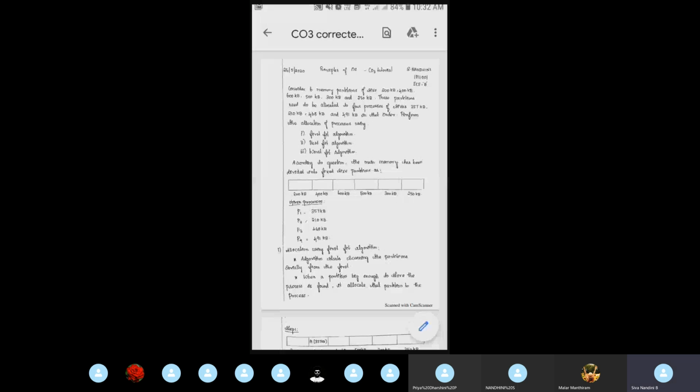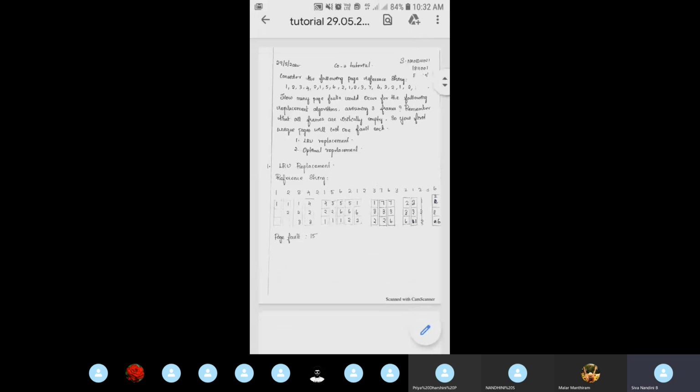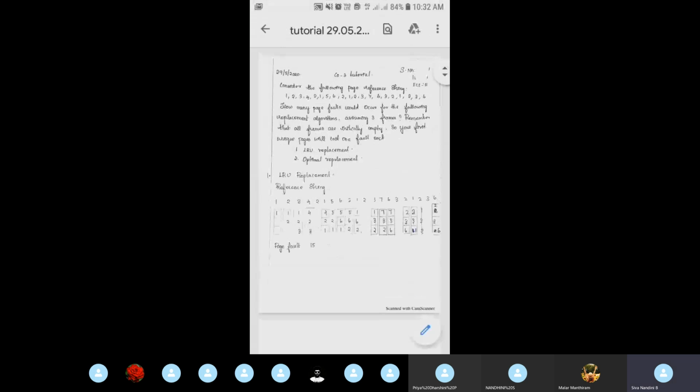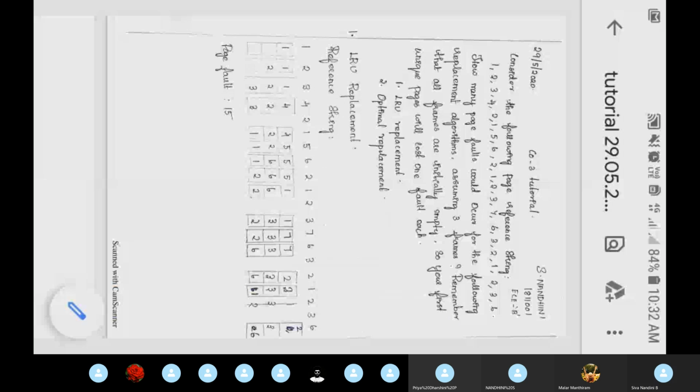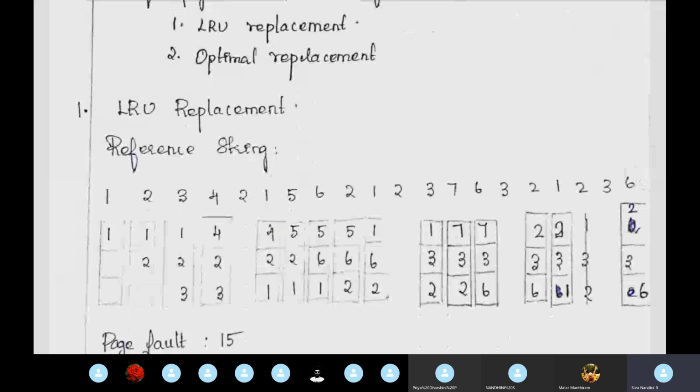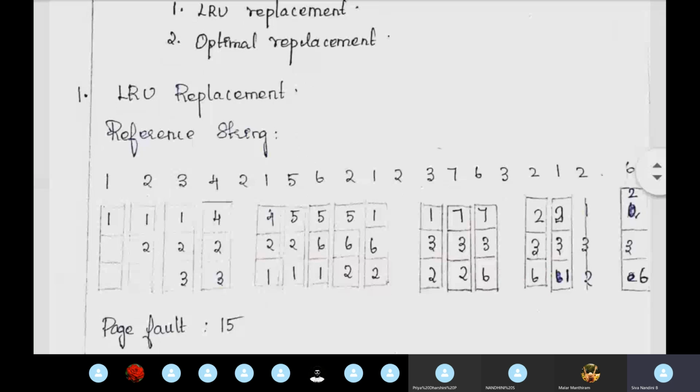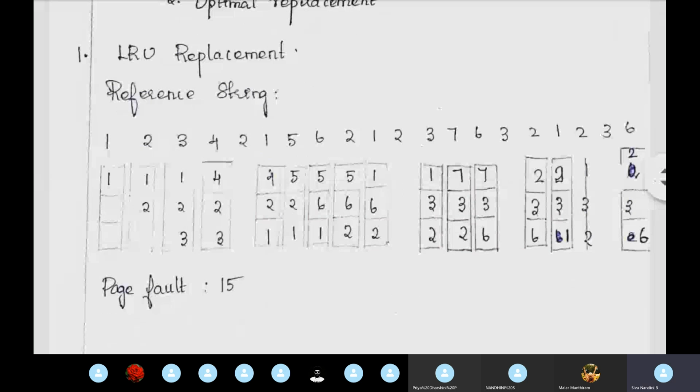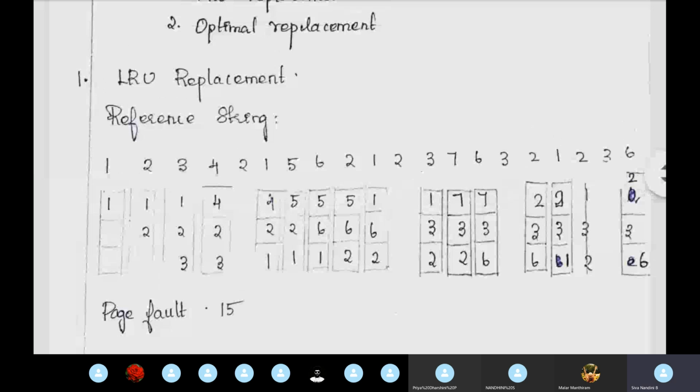Okay, next we'll see. Till now you were confused about the page replacement algorithm. So next I shall explain the page replacement algorithm. Here I have taken one of your submitted tutorials, which has the correct solution. I have taken only the correct answer, respecting the name. So don't think I have taken her paper or his paper.